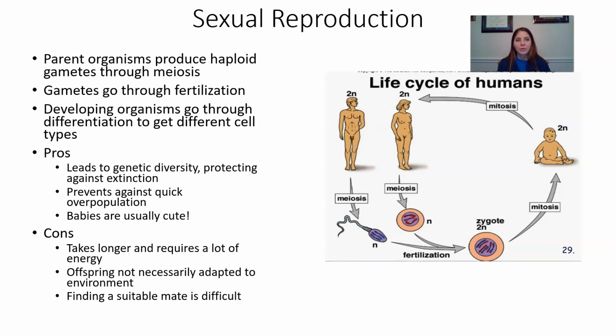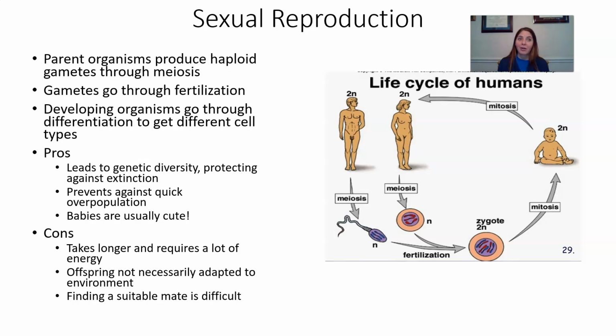Most of the time, sexual reproduction is a lot longer of a process. If you think about it, humans, our gestation period is approximately 9 months. So from start to finish, it takes approximately 9 months in order for that fertilization to occur, and then the zygote to mature into a fetus, and for that fetus to be born as a cute little baby. Although sometimes